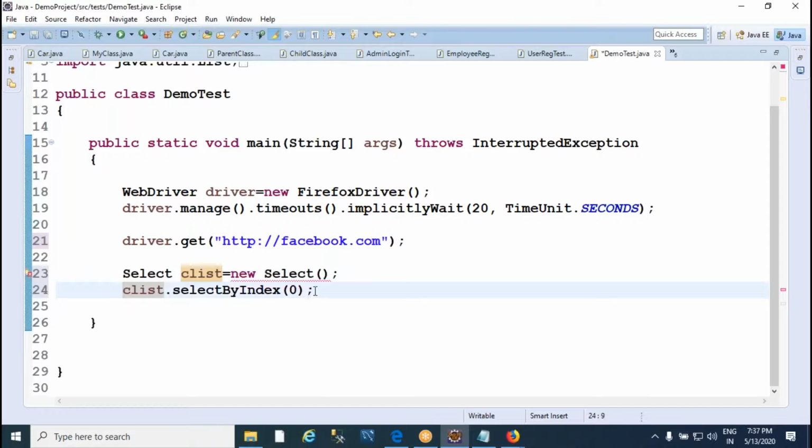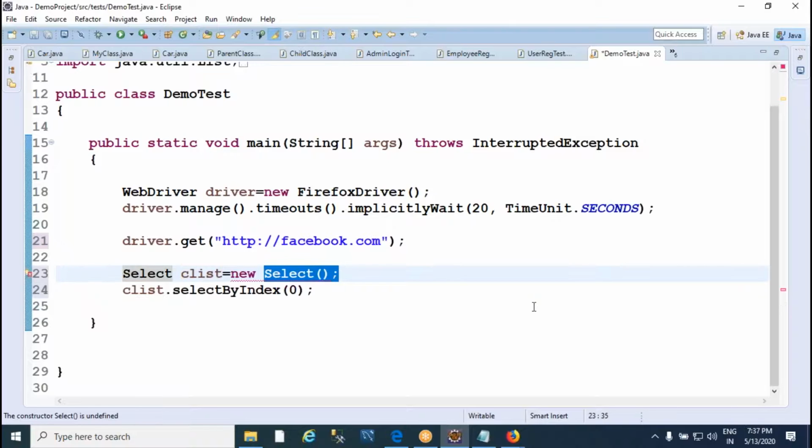I'm just asking Selenium, select the first item present in the drop-down list. Which drop-down list? There are 3. The question to Selenium is whether to select the item from the first drop-down list or second drop-down list or third drop-down list, correct? So, while creating a select class object, as the select class is designed to work with a particular drop-down